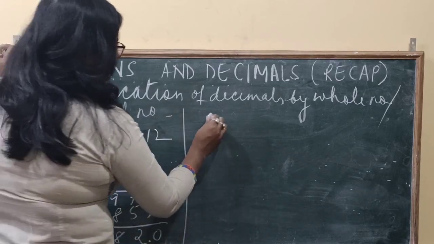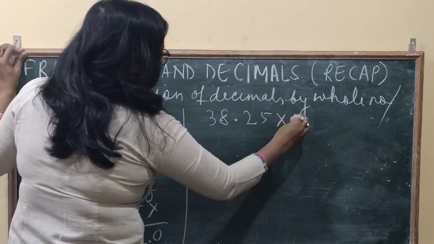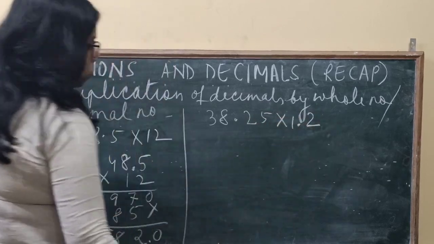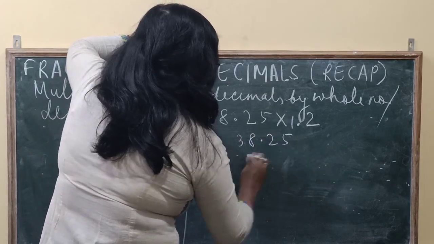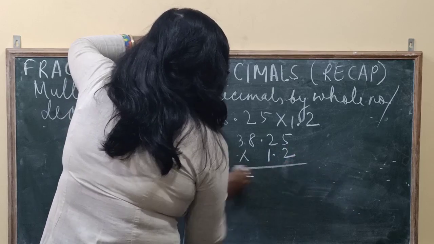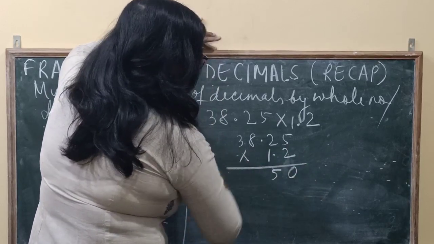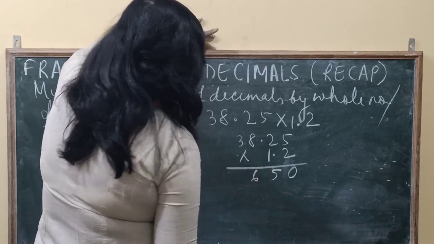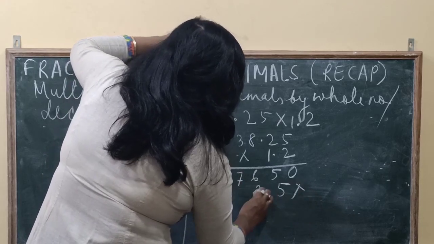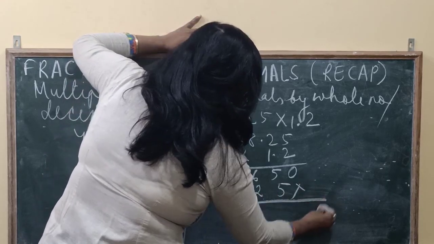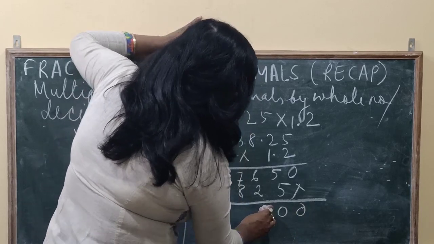Now suppose we are multiplying 38.25 by 1.2. So 38.25 into 1.2. 2 5s are 10, carry 1, 2 2s are 4, plus 1, 5. 2 8s are 16, carry 1. 2 3s are 6, plus 1, 7. 5, 2, 8, 3, 0, 0, carry 8, 6 plus 2, 8, 9,